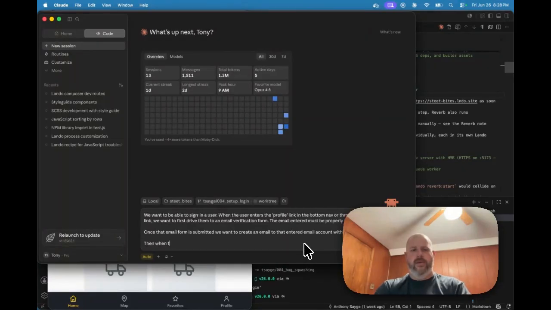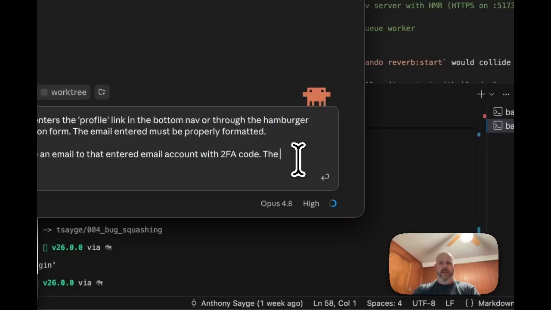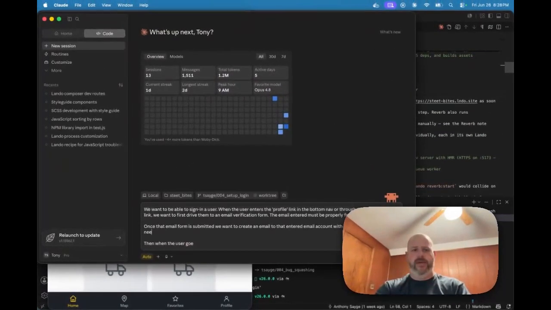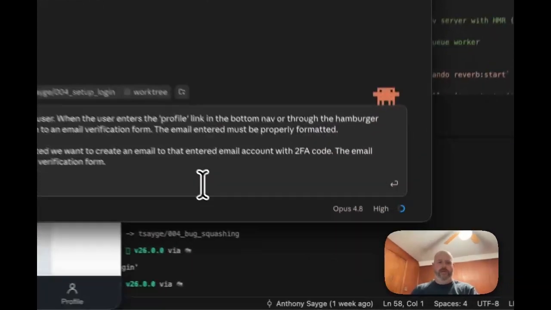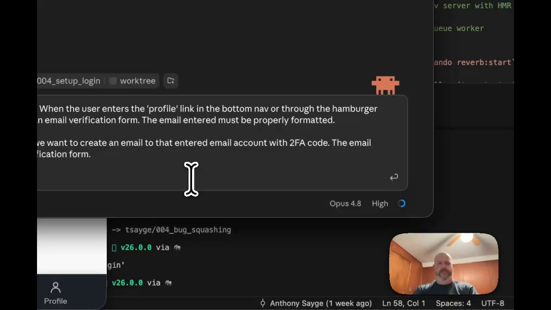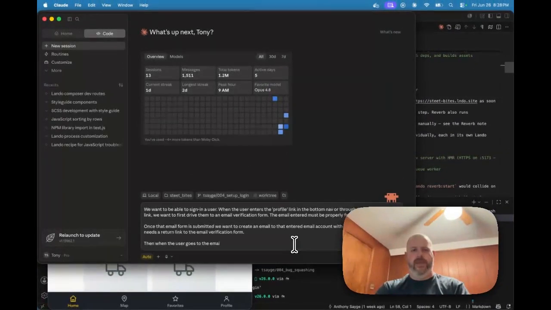Then the email needs a return link to the email verification form. When the user goes to the email, navigates to the email verification form, and the verification code is correct, we